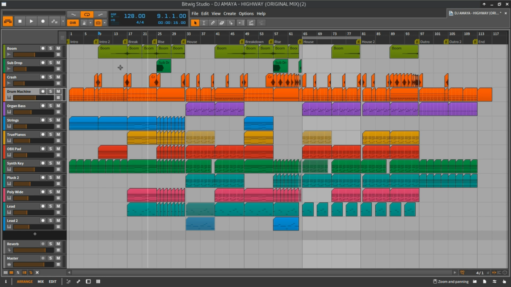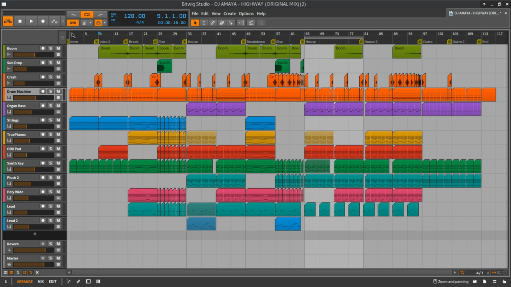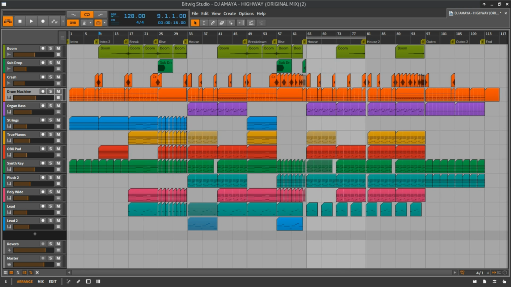So let's take a look at what we got going on here. So one of the things about plugins, the first thing, I'm going to get this out of the way first, I guess, is a lot of people are going to be like, well, I got to have Massive, I got to have insert plugin there. The best solution for that right now is there's a bridging software called Airwave Bridge,